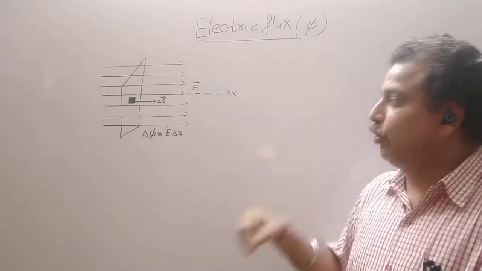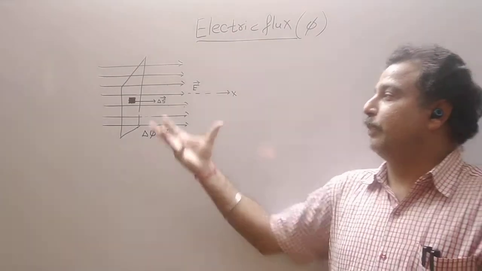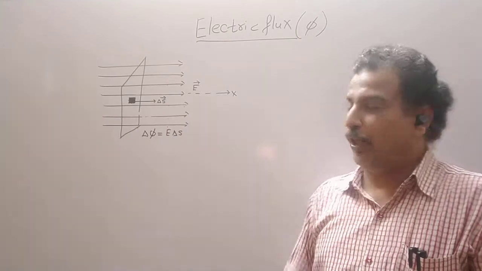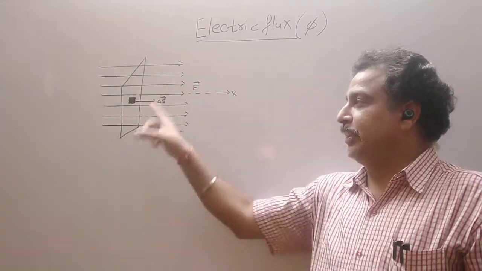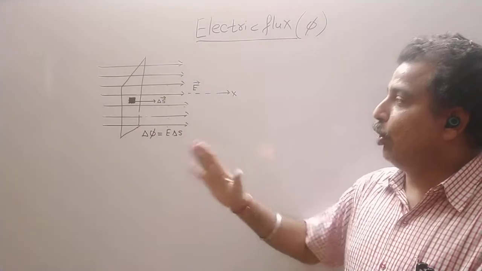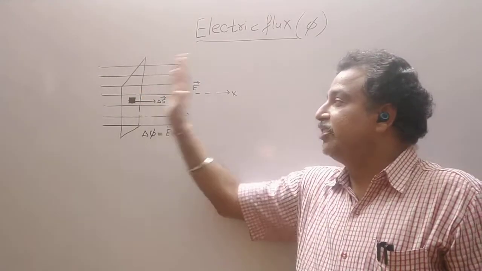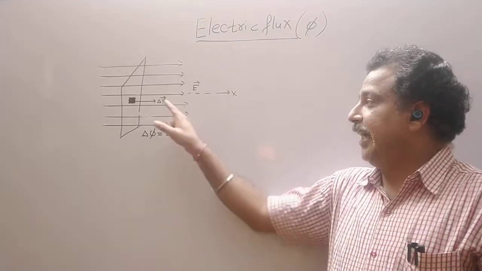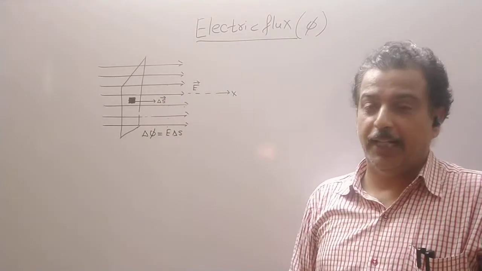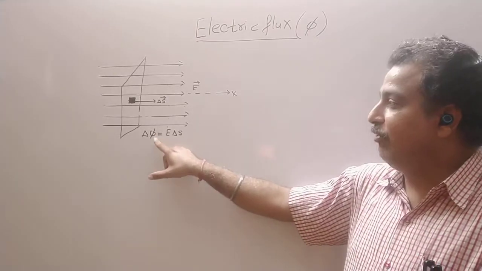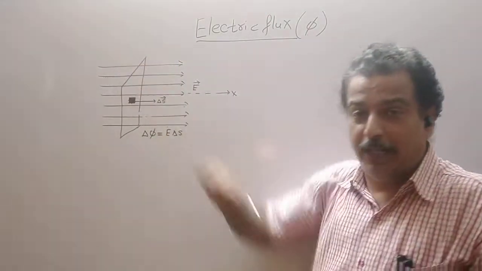If the density of the field lines passing through a unit area is more, the strength is more. Here we are trying to find out the number of field lines passing through this unit area. For example, I have drawn 7 lines. All these 7 field lines are passing through a unit area because the area is held in such a way that the area vector and E vector are in the same direction. Now this is the electric flux linked with a small element.